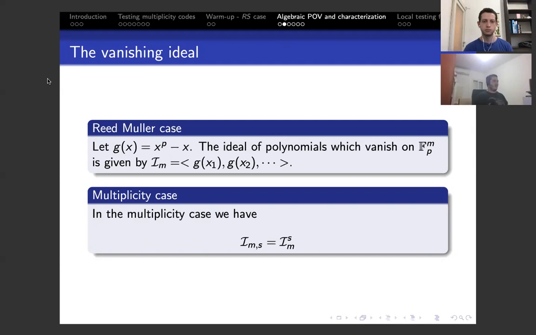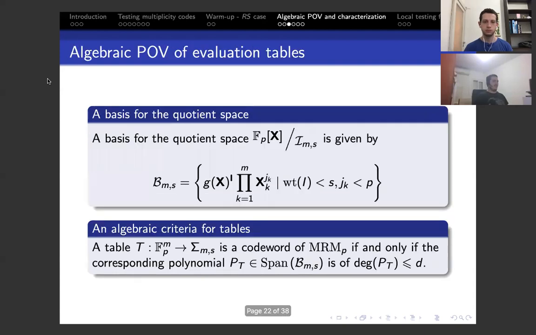And this theorem says that the other inclusion is also true. And for the multiplicity case, we also have some kind of version of the combinatorial Nullstellensatz, which says that I_{m,s} is exactly I_m to the s. So it's generated by